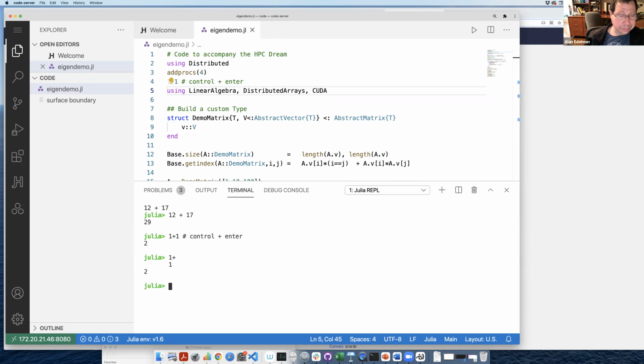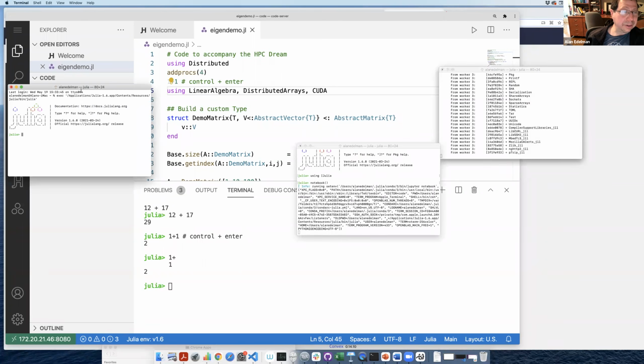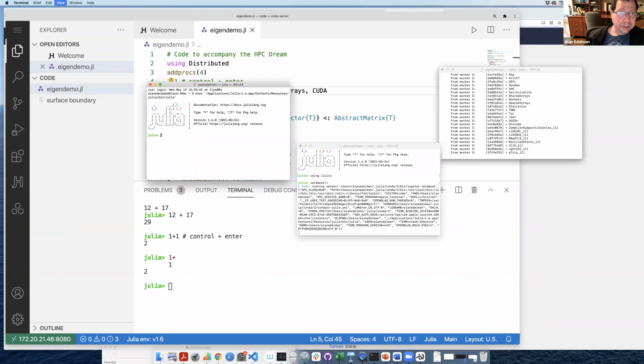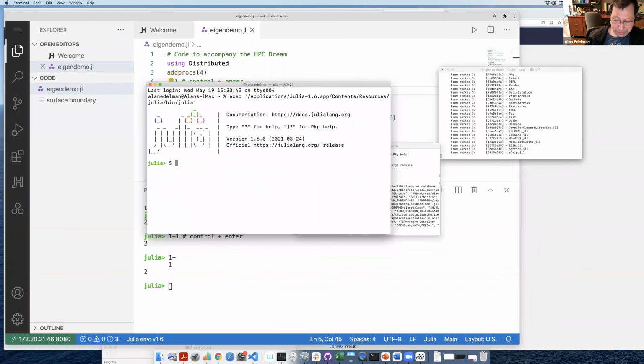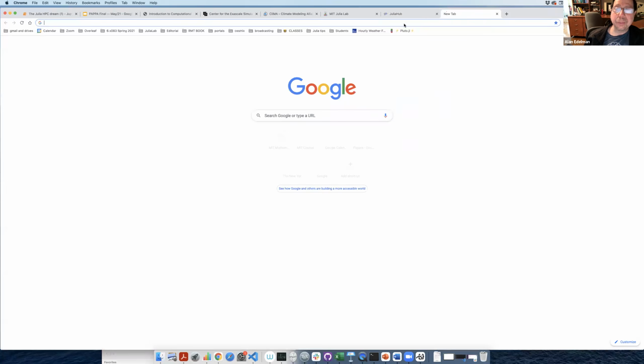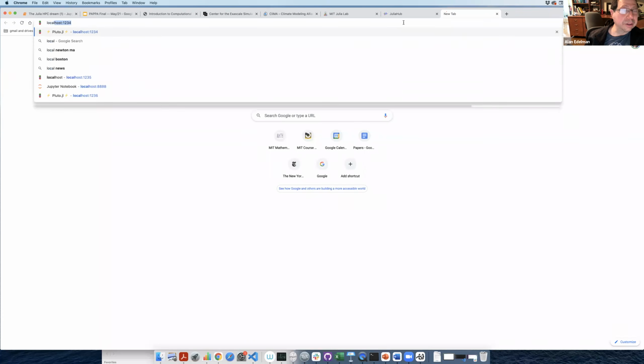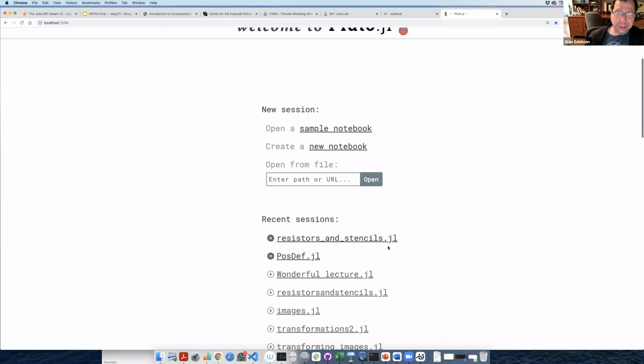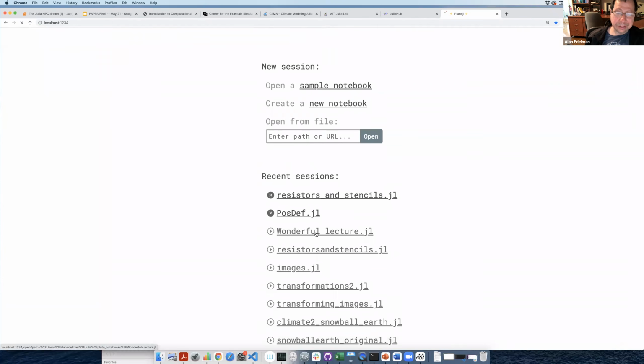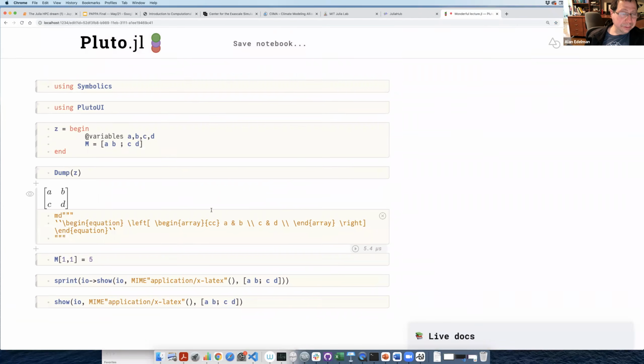There are a lot of other ways to run Julia. I can run Julia locally on my machine and get a little REPL over here, 5 + 3, and one can also directly run Pluto notebooks locally on your machine. So lots and lots of ways.